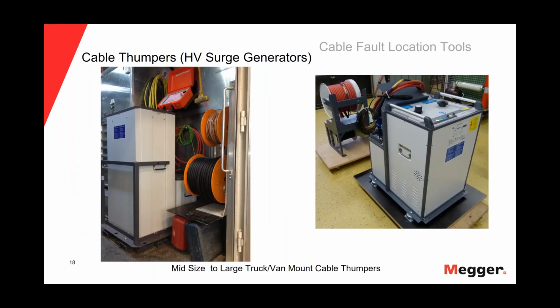And the earlier slide showed portable thumpers. There are versions of these that can also be mounted in a truck or trailer. The picture on the left-hand side shows a fairly large thumper mounted up into a trailer. You can see the radar up above it and a fairly long cable reel on the right-hand side. And then the picture on the right shows a truck mount thumper that's not yet installed. It's being prepared to be installed into a truck.